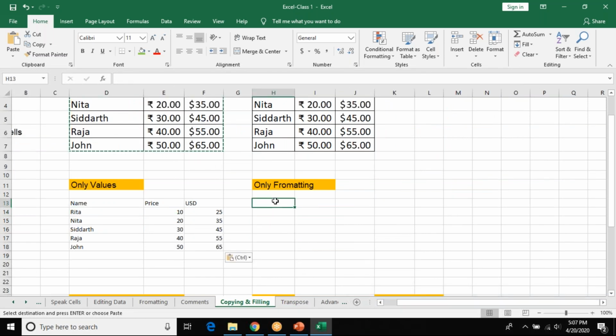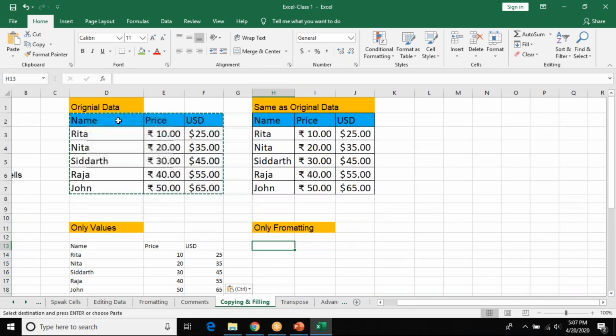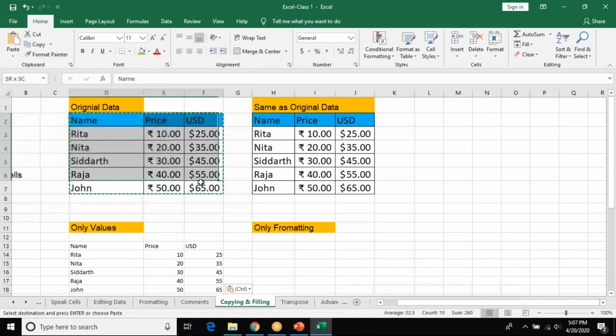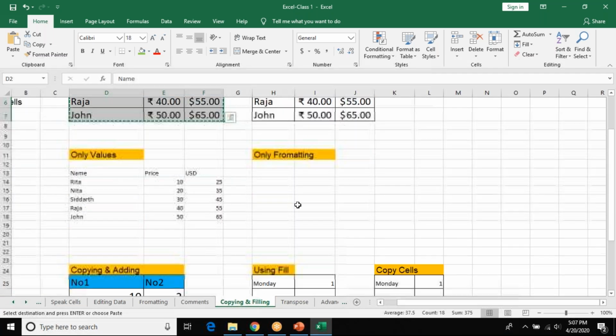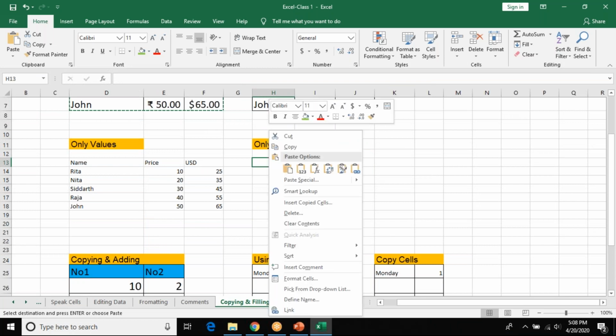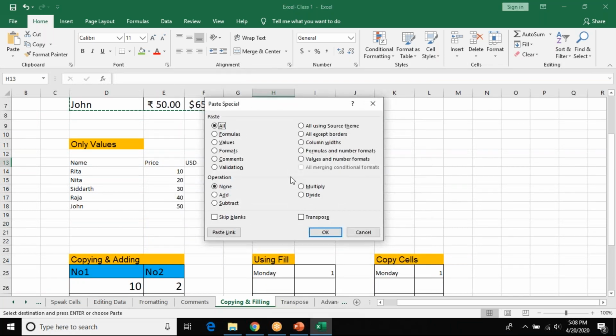Now for only formatting, I only want this table and the blue color. I don't want the data inside it. I want to change the data. So same thing. I copy this, I paste it over here, click on the cell, right click, Paste Special. Now remember, only the format.